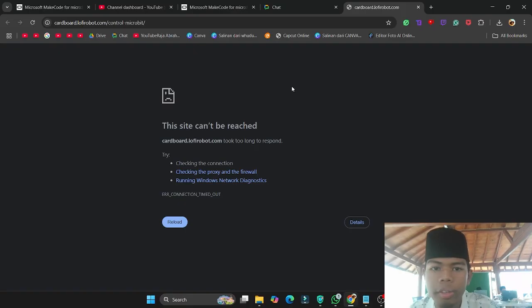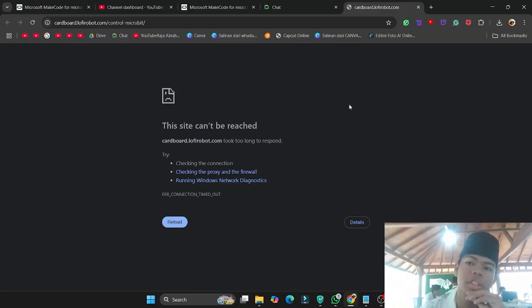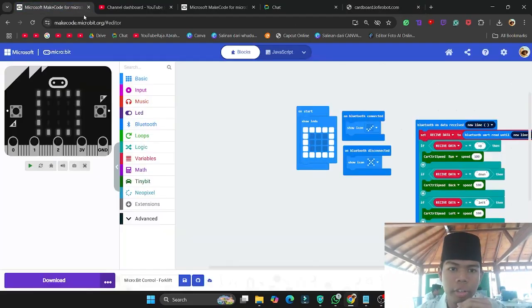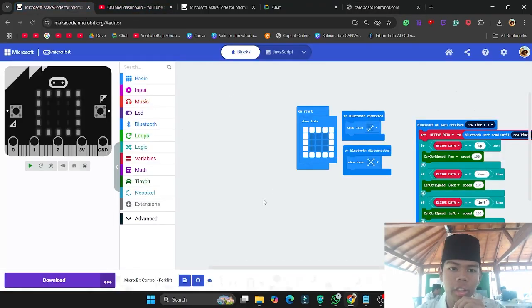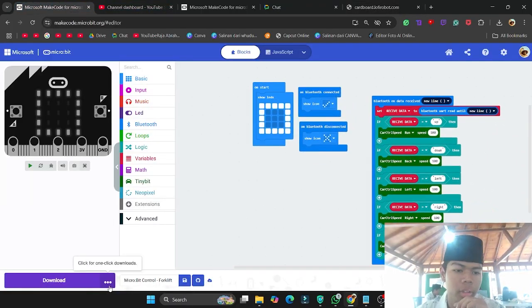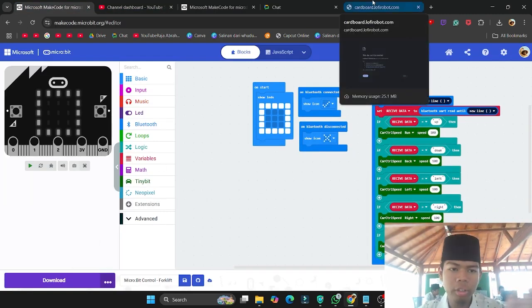Once you get into the website, you're gonna be seeing some icons over here. Go click on microbit and try to click microbit control. After that, you're gonna be seeing a yellow screen where you can see some controls. After you connect your microbit and pair, you're gonna download it to your microbit and turn it on. Also,